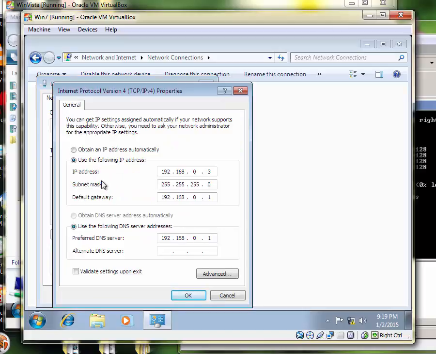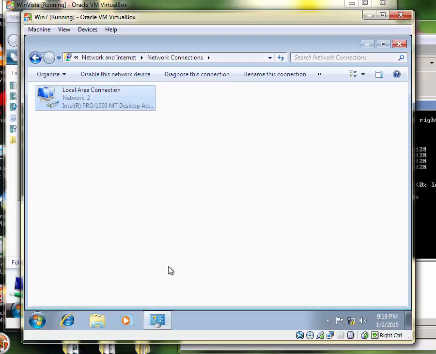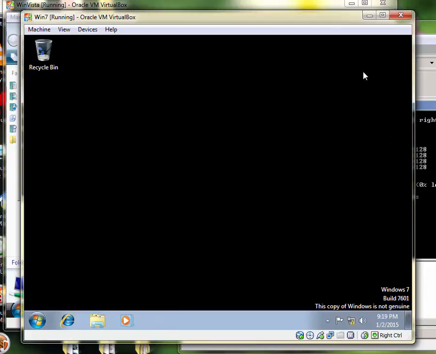and my IP address for my Windows 7 is 192.168.0.3. The subnet mask would populate for itself, and the default gateway again is my server address, as well as my preferred DNS server would be my server address. I click OK here, close off, so we can close this,